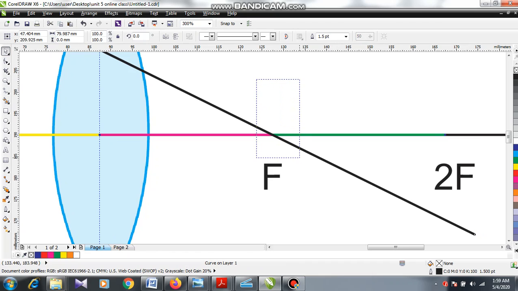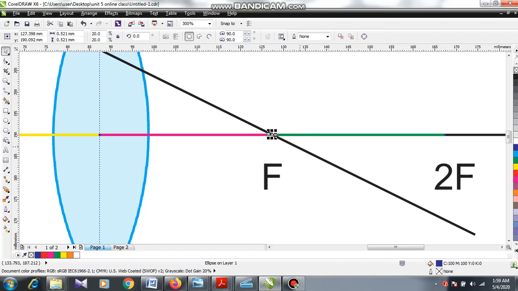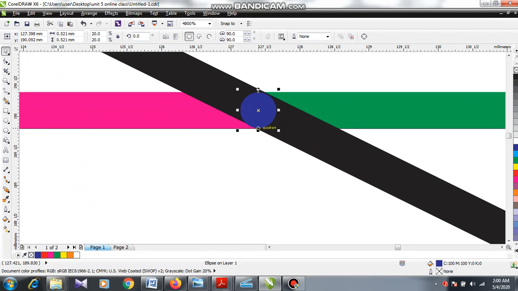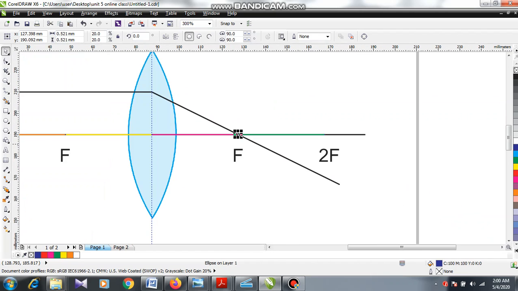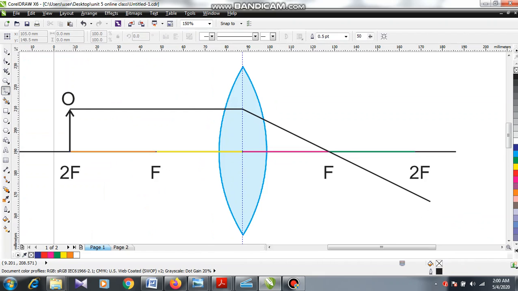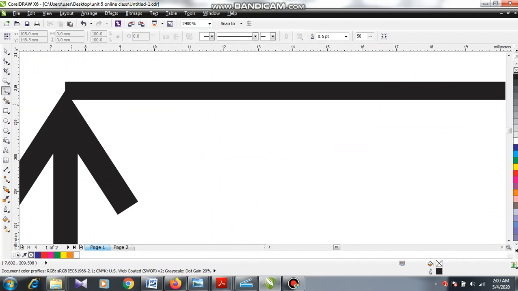It should not be more on one side or less on the other. No chance. It should be correctly located. See here, it is correctly located at the focal point. That's nice.